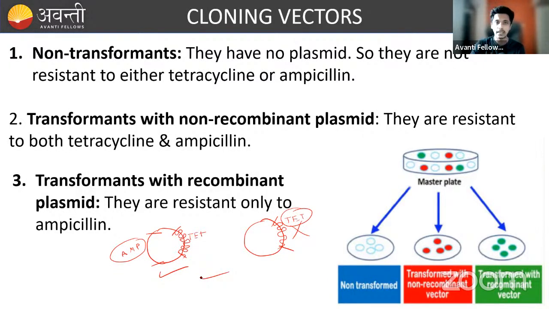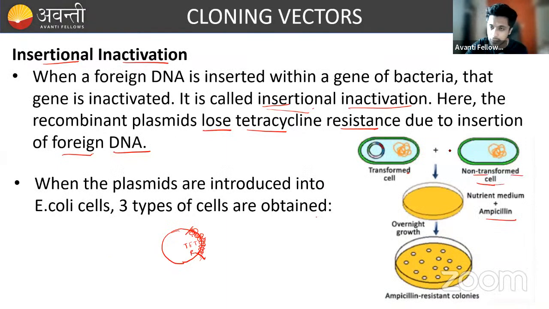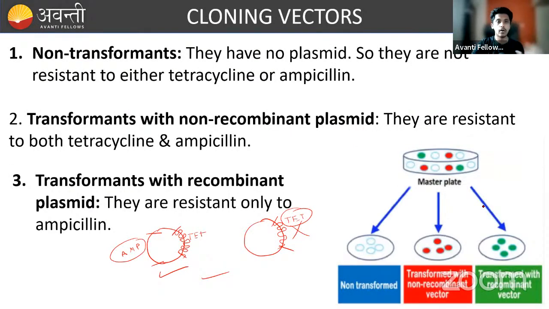Okay. What are non-transformants? See, non-transformants have no plasmids, so they do not resist either tetracycline or ampicillin. When you talk about a non-transformed cell, that means they have not taken any of the vectors into their cell. So when they do not take any of the vectors into the cell, these cells do not have the capacity to resist either ampicillin or tetracycline. Did you understand? And the third variety is